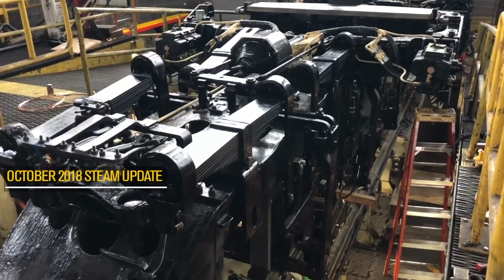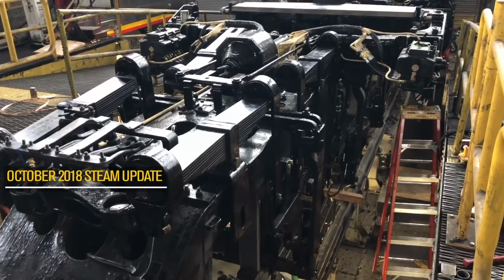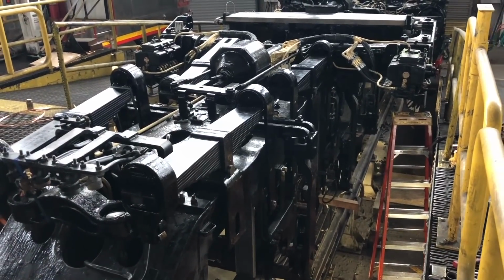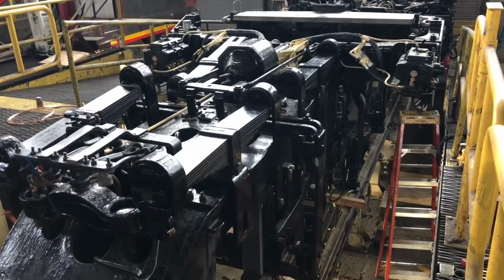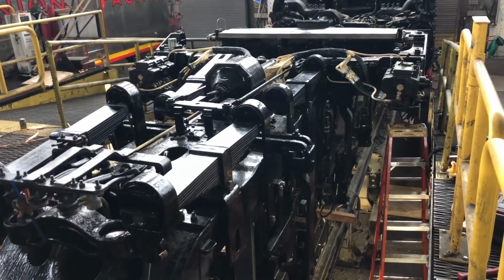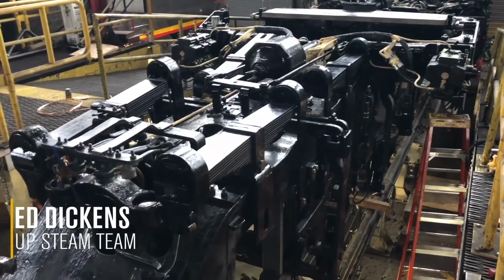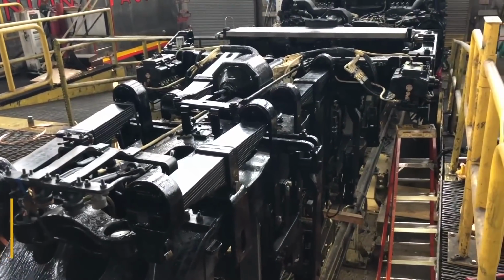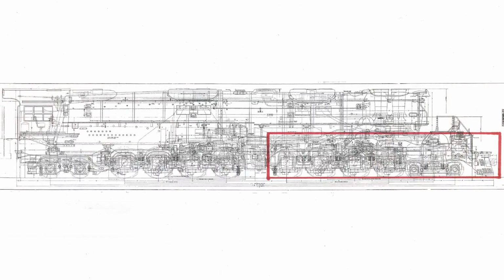We'll take a quick walk along the front engine bed casting of the UP 4000 class Big Boy locomotives. The sheer size of this locomotive is really hard to depict on a video. We're going to walk along and look at all the different components, recognizing that this front engine bed has been completely rebuilt. It represents, in terms of all the components and material, an equivalent to an average steam locomotive